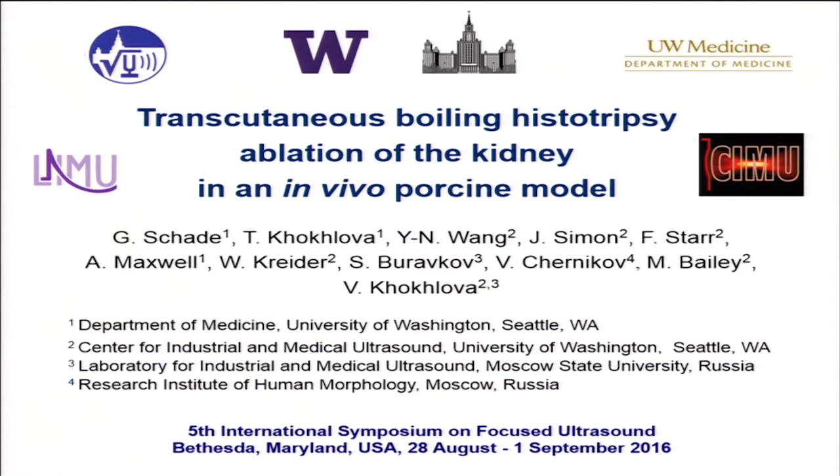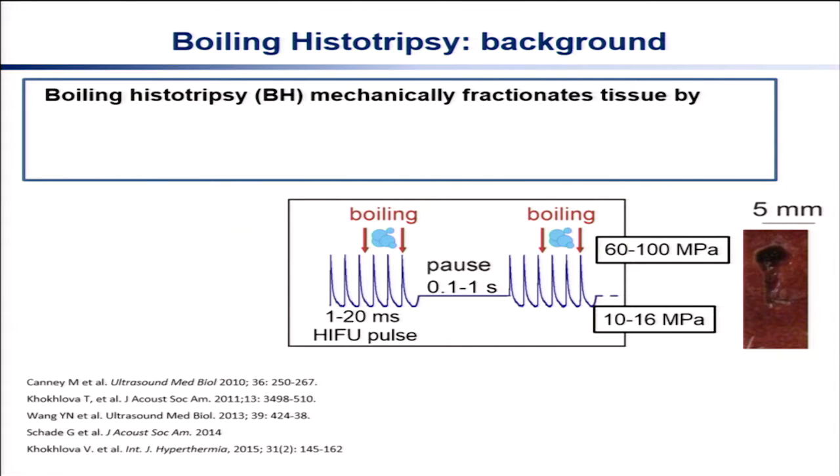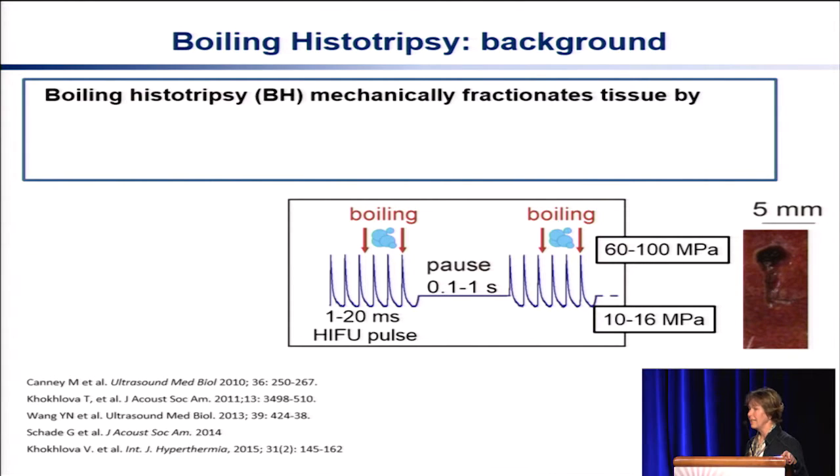In this talk, I would like to present the results of our recent pilot studies of transcutaneous boiling histotripsy in vivo in a pig model. Boiling histotripsy is a focused ultrasound method that delivers millisecond-long pulses, in sequences of pulses with low duty cycle, to mechanically ablate tissue. Our group at the University of Washington develops this technology toward clinical use to treat